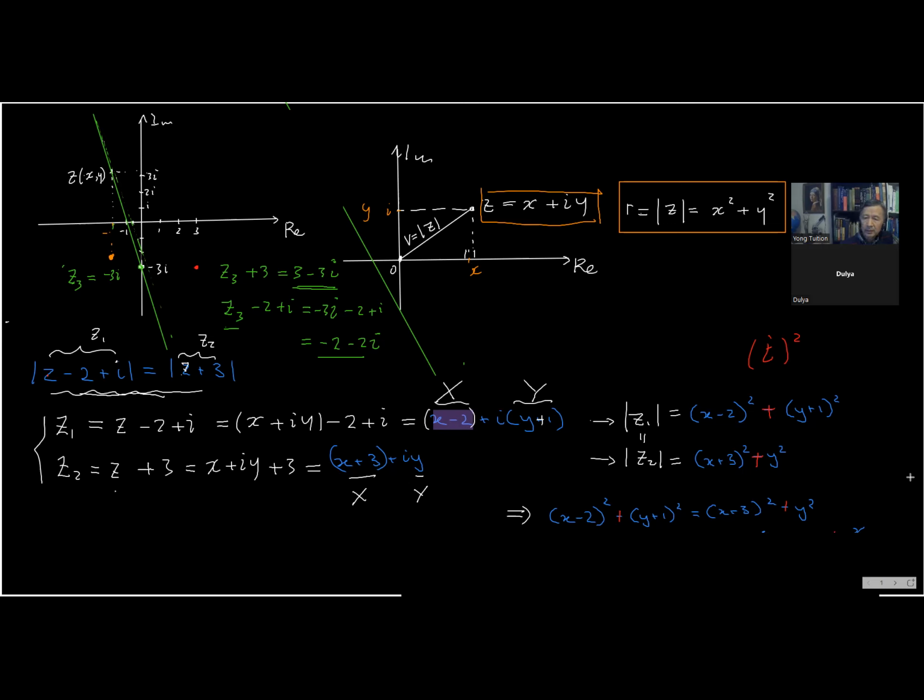Okay, let's just spend a few minutes here. x squared minus 4x plus 4 first term, plus y squared, plus 2y plus 1, equal to x squared minus 6x plus 9